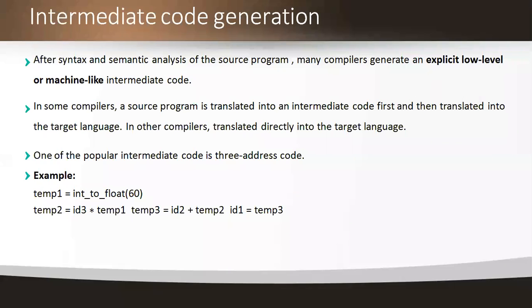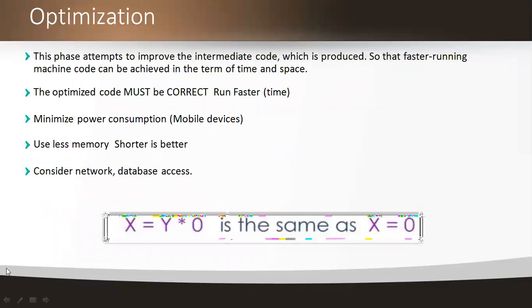What it means is the result is equal to operand 1, operator and operand 2. That is a 3 address code. Operand is a variable, then an operator, and another variable. Or directly the result is equal to an operand. It has only 2 formats. So we need to choose only those 2 formats for representing a 3 address code for storing into a temporary storage. So this is about the intermediate code.